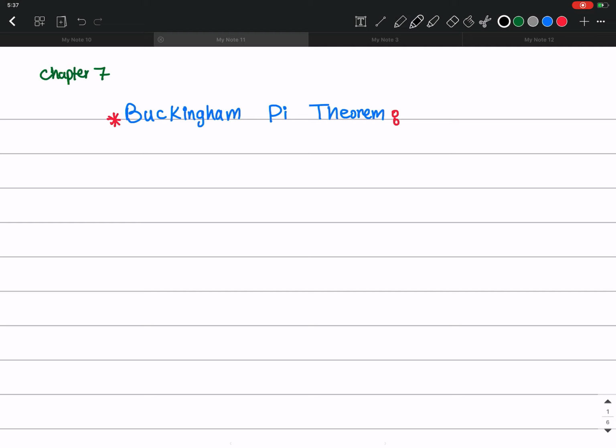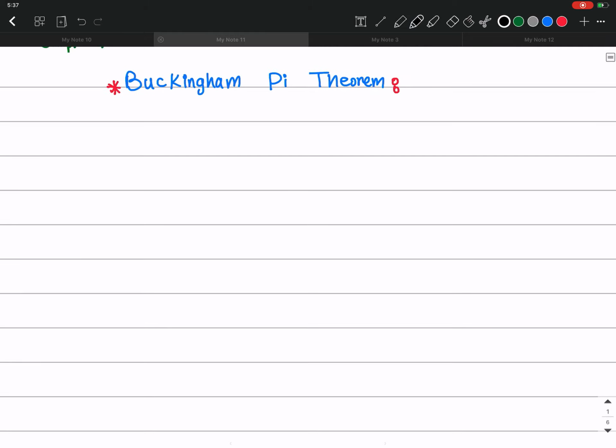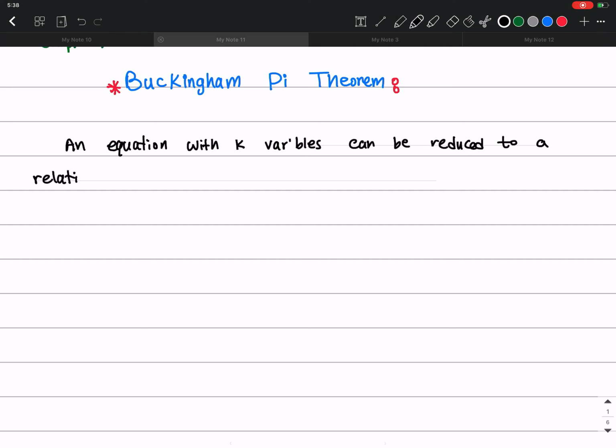Okay, so the main principle of Buckingham pi theorem is as follows: an equation with k variables can be reduced to a relationship among k minus r independent dimensionless, so this is important, dimensionless products